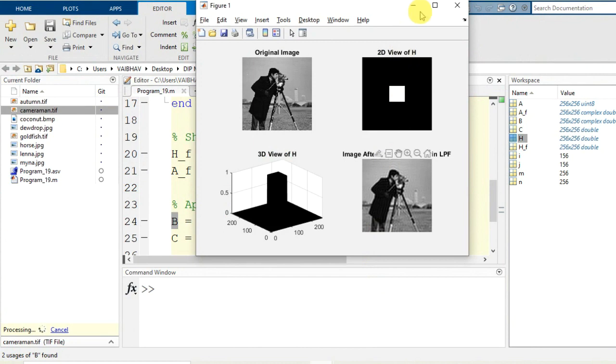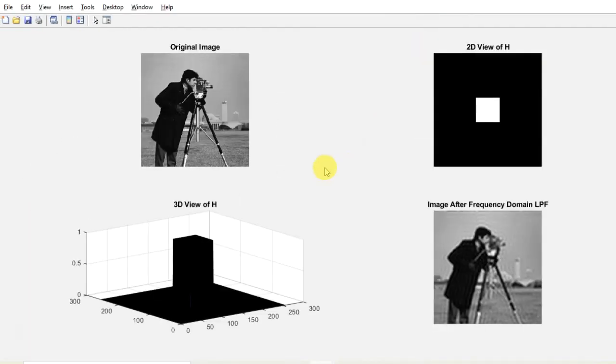So this is what the subplot I maximize. The original image cameraman.tif here we have used. We have generated the filter mask for the 101 to 156 pixels. So the filter mask we have generated this way, and now when it operates onto the image, we get the resultant image in the spatial domain visualized like this here. So this is what the simple demonstration of frequency domain working of low pass filtering of the image.